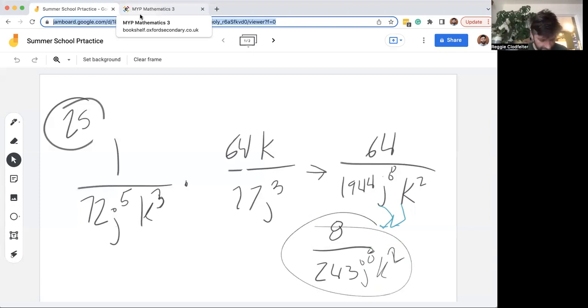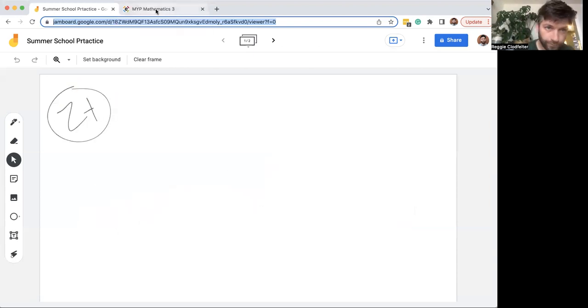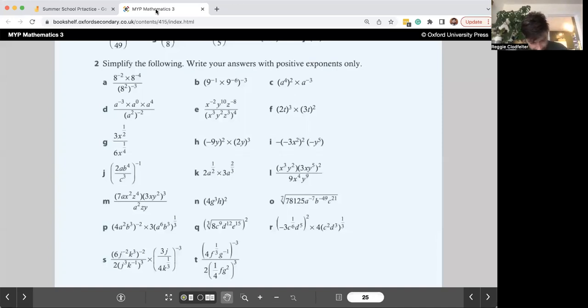Okay. And now I'm on to my final one, 2t. My numerator is 4 times f to the 1/3 times g to the negative first, all to the negative third, divided by 2, and then in parentheses, 1/4 fg squared, cubed. Okay, so